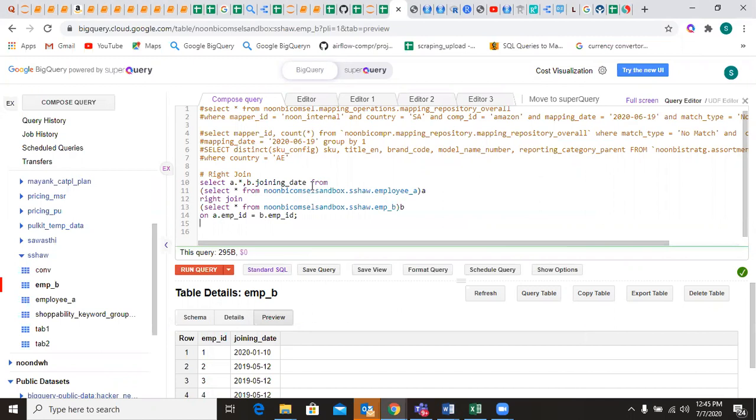But if there is no match in the left table but data is still present in the right table, it will reflect a null value. Why am I saying this? If you remember, in my right table, table B, there were 9 observations and in table A there are 7 observations. So when my focus is on the right table, all 9 rows will get reflected, and for the 2 rows where there is no data for table A, it will show a null value. Let me run this and it will be much clearer.